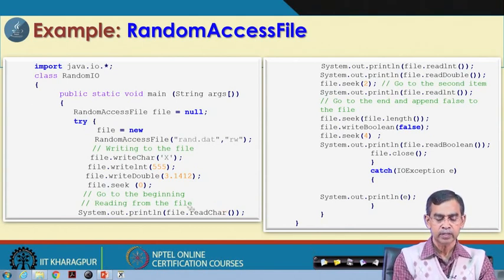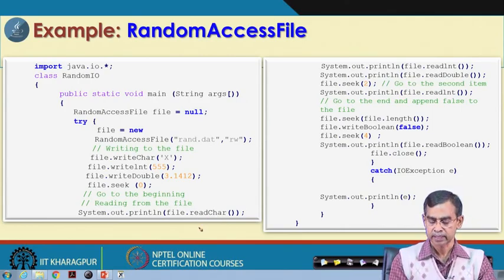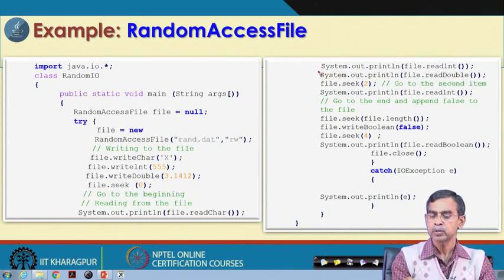So it will read x, and once it is read, the file pointer automatically moves to the next location. If we issue the next statement, file.readInt, then it will read this integer. Again, after reading this integer, it will go to the next location where the next value is stored, so it will go here again.